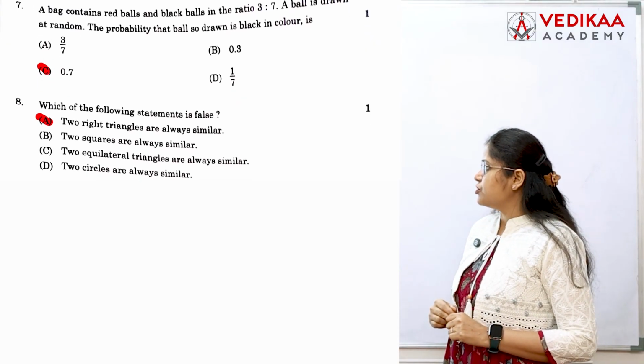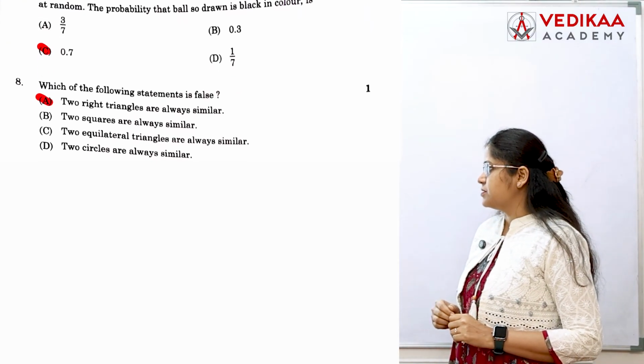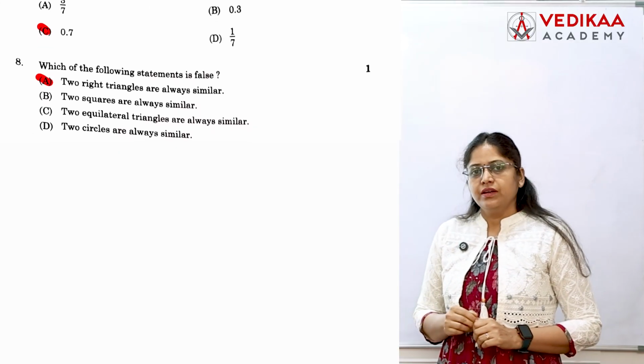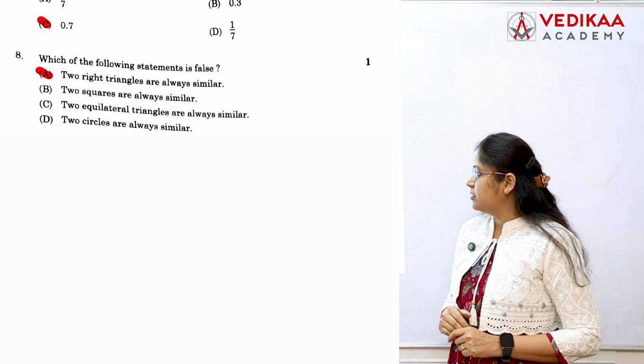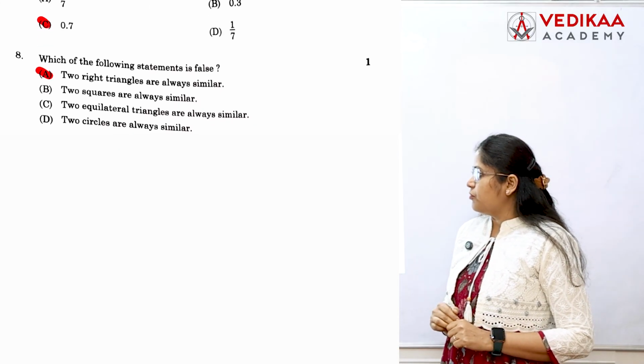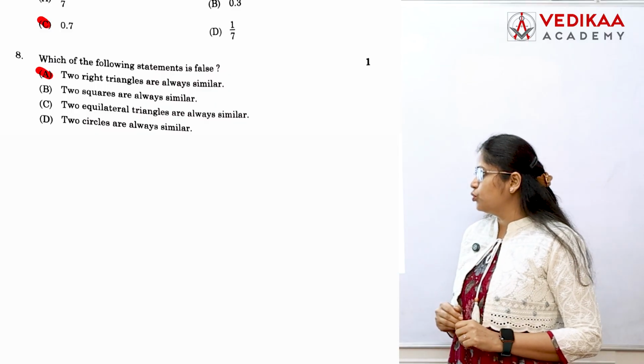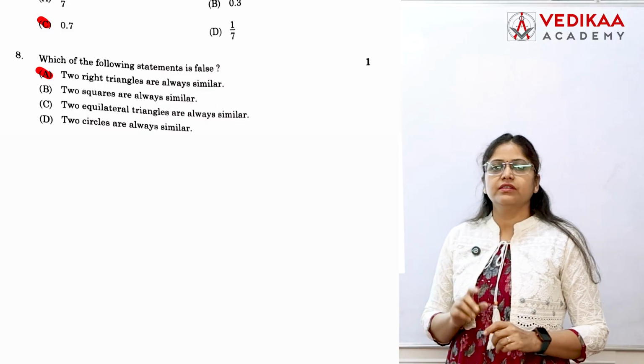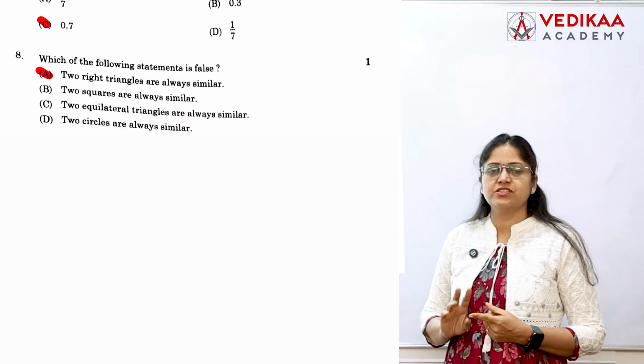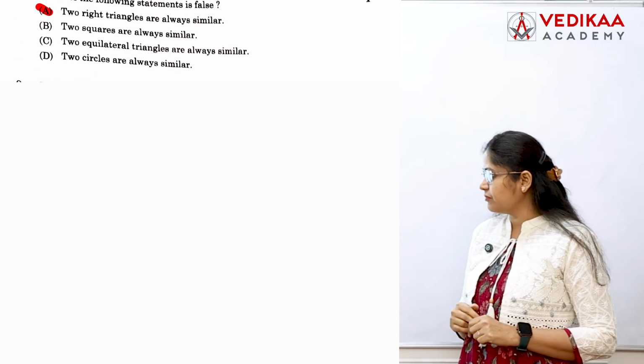Next, which of the following statements is false? So here after reading the options, obviously the answer is A, 2 right triangles are always similar. This is a false statement. The rest of the statements are true. Next,